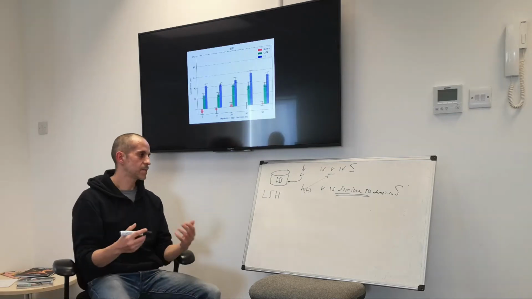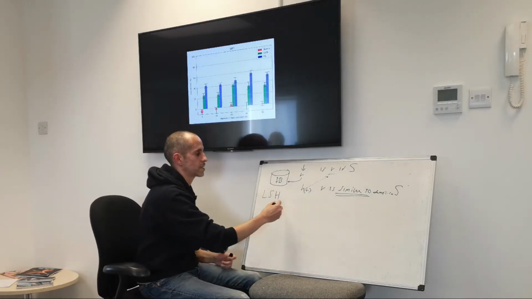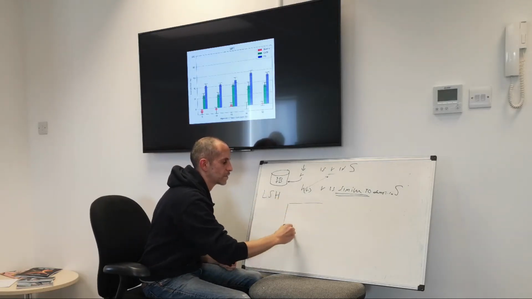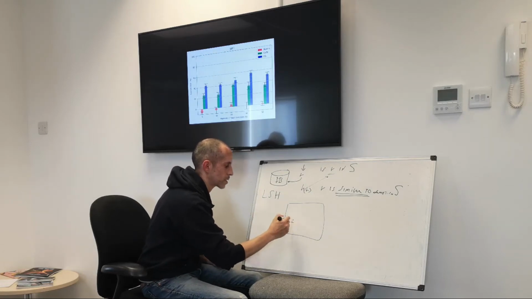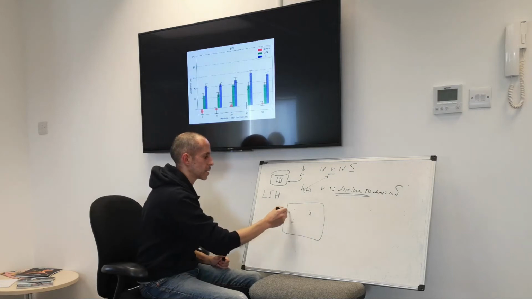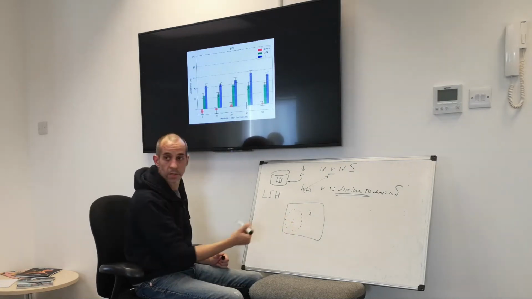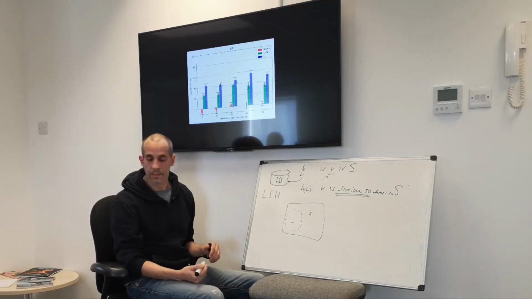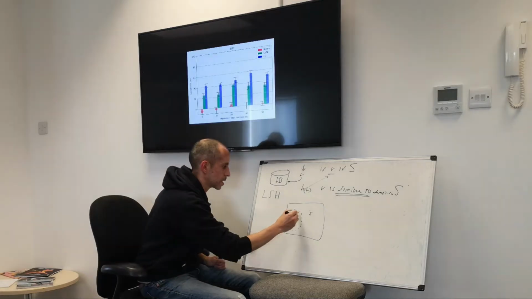Okay, and specifically they think of it like this. Imagine this is the space that we're considering, and you have some form of distance measure. You have a point here, which is your record R, and you have another point here, S. Anything inside here is close enough. Everything outside here is not close enough. So let's call this distance